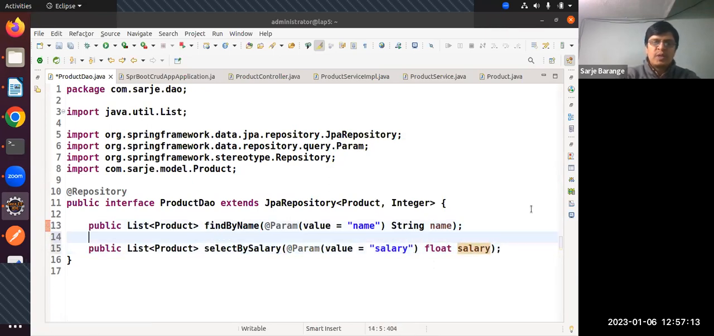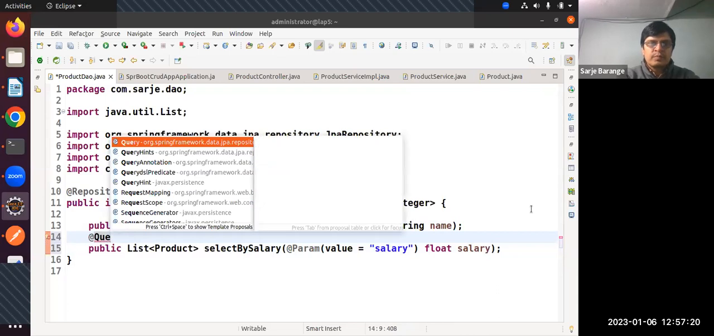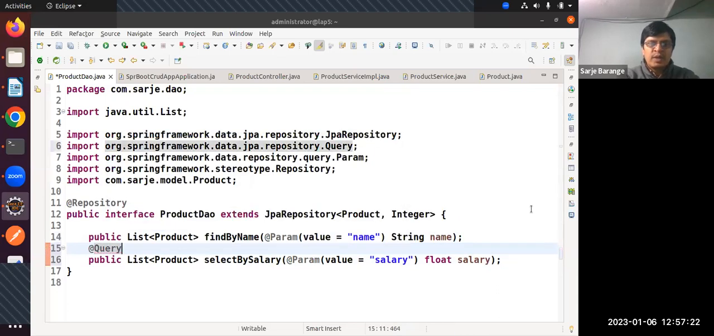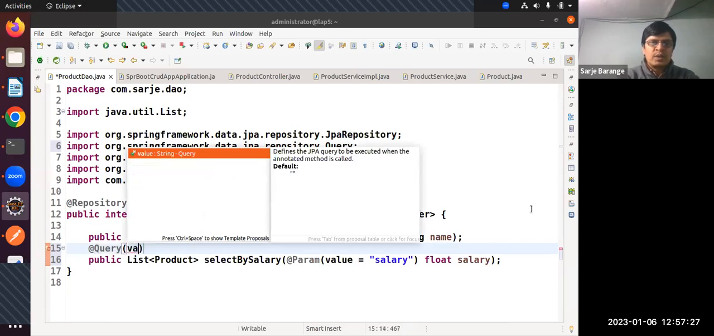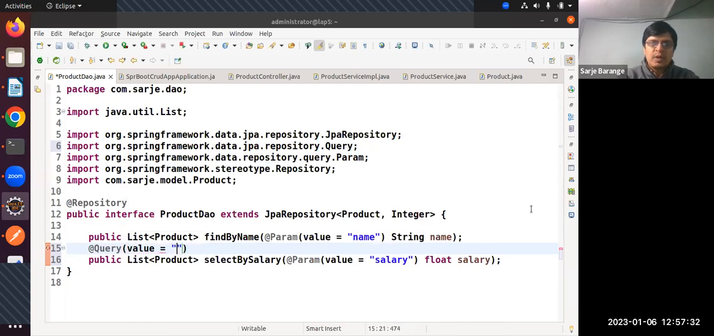if you don't want this behavior, what you can do, you can specify @Query. So @Query, and here you can write the query, students. So value or directly query can be written, and you write the query as you write your Hibernate query. So it can be written over here. Suppose I write select all the products. So P from product